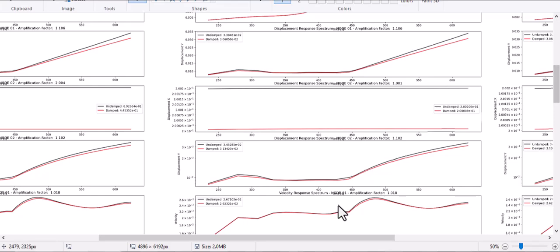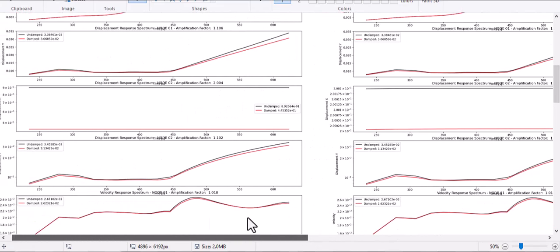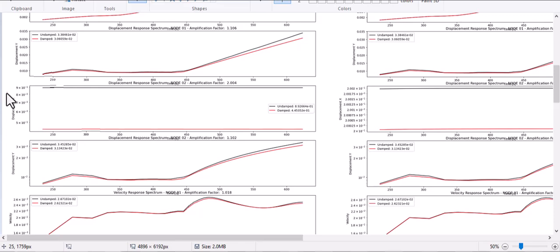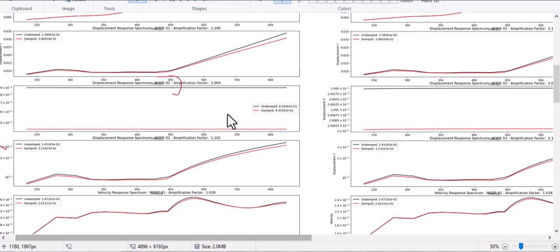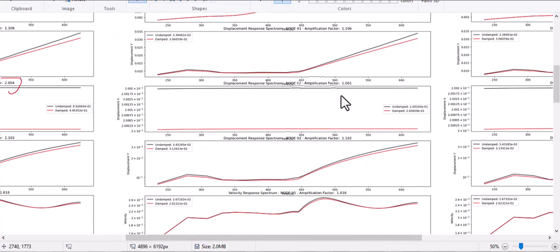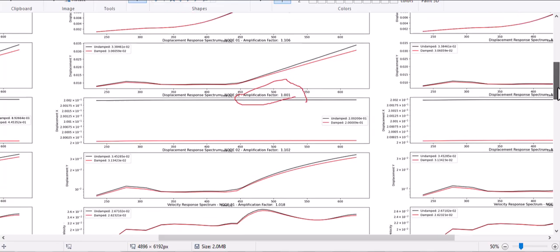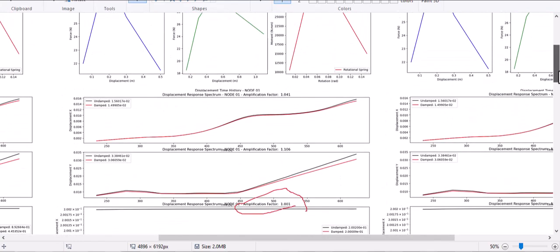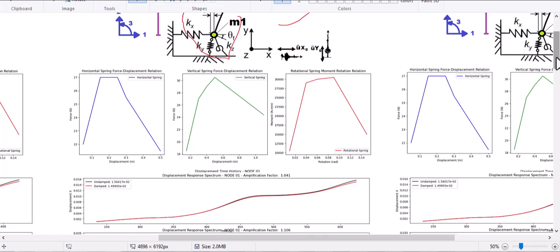See guys, in this horizontal x of the node 2, the amplified factor equals 2, and if we apply the horizontal contact springs, the amplified factor equals 1. So it shows that the contact helps us prevent more displacement and helps us damp the total of